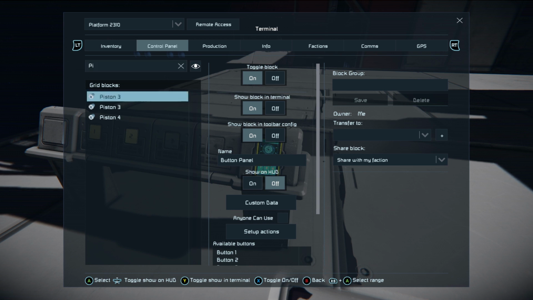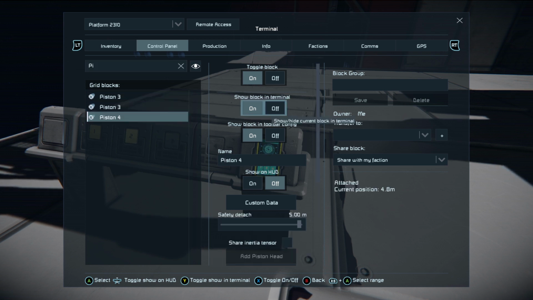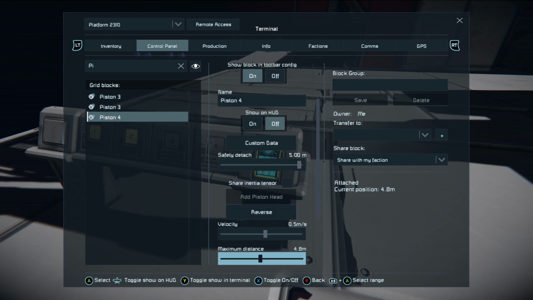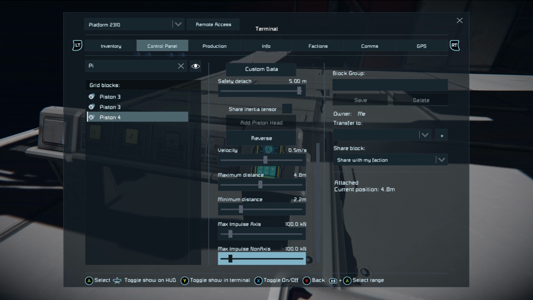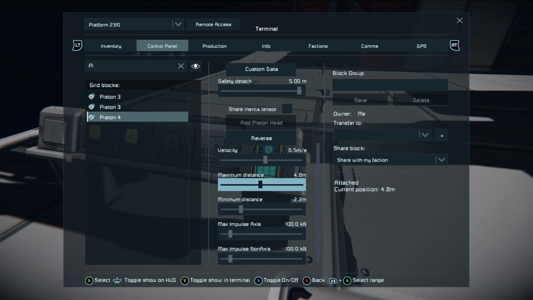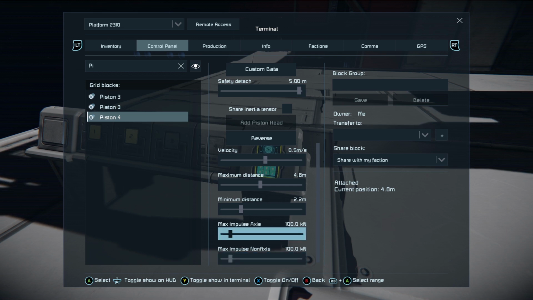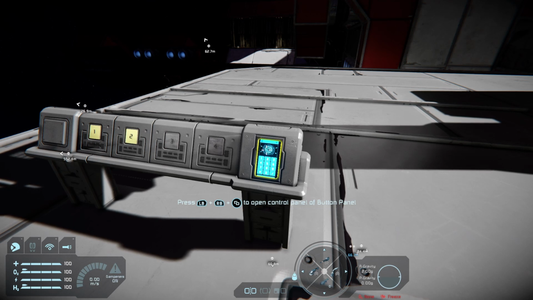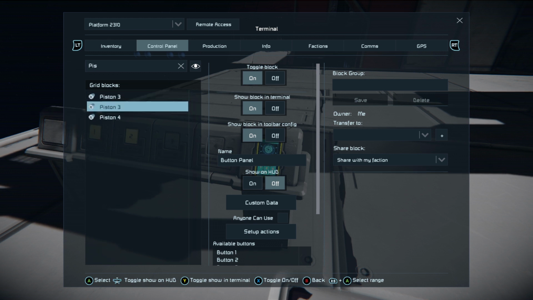Let me find you the piston. This was the 4th thing I did. So this is piston 4. So there are 100 kilonewtons each on that. Let's have a look at the piston.